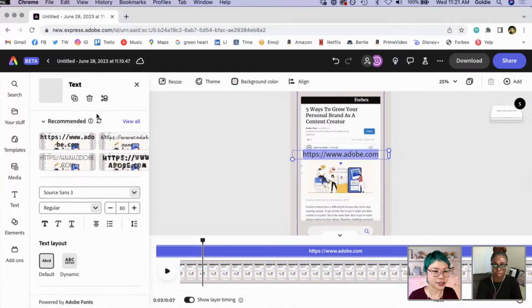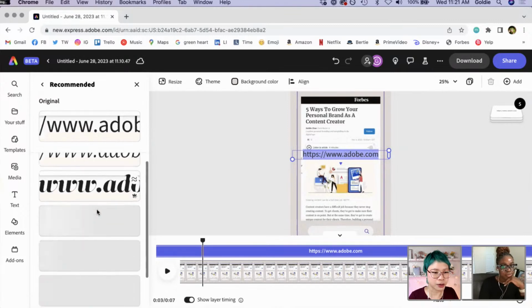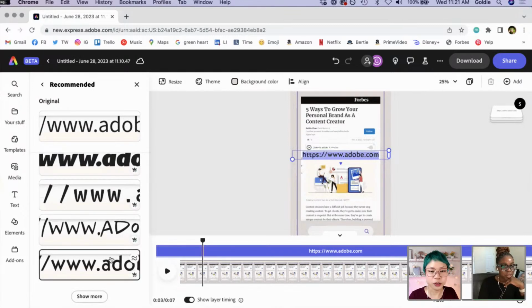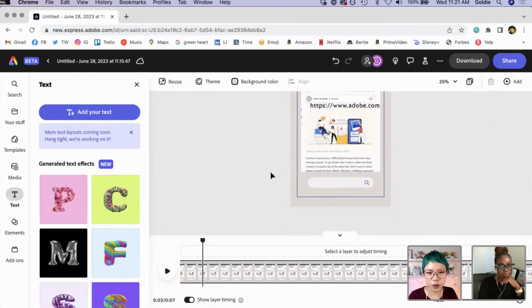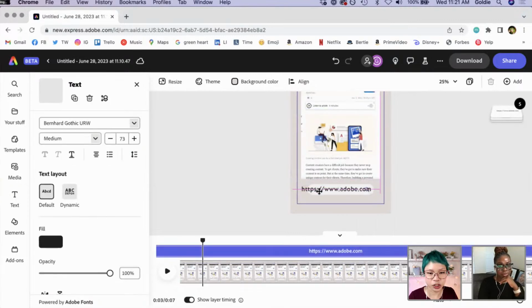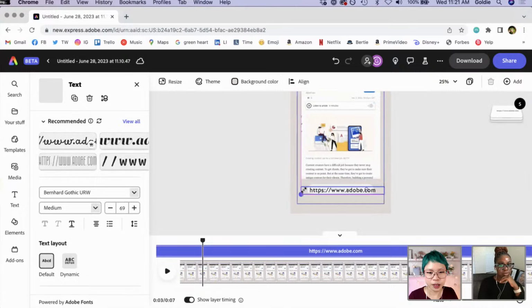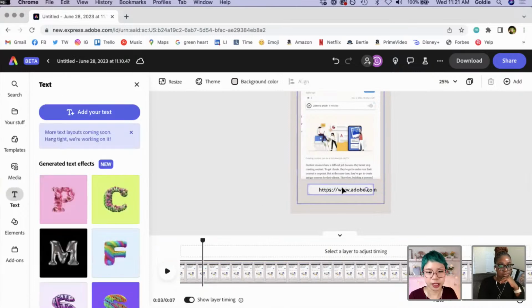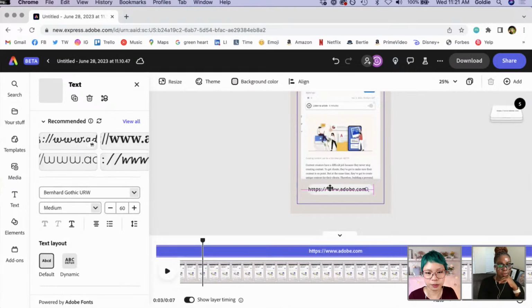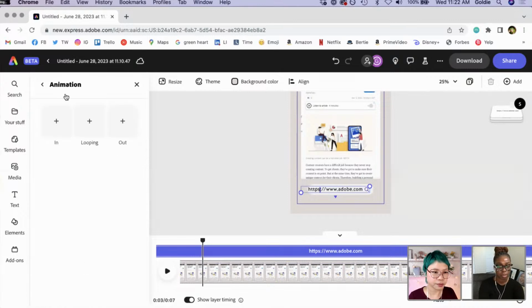Okay, so we're going to make this much smaller. I was going to do my Poppins, but I'm going to pick one of these other fonts. Ooh, I'm switching it up. I'm so glad I showed you how to do generative text, so if you want something really interesting and textured, you can do that. For URLs, I like to do something pretty plain, because you don't want to make the URL confusing to read. So if you're doing a URL as text, you want to make it easy. Then I'm just going to quickly do an animation in. Just going to have it drift in.